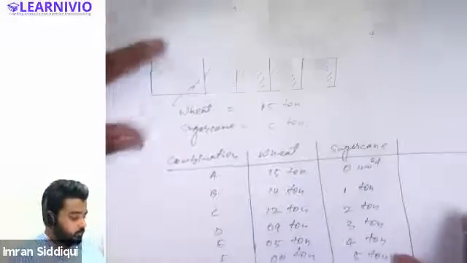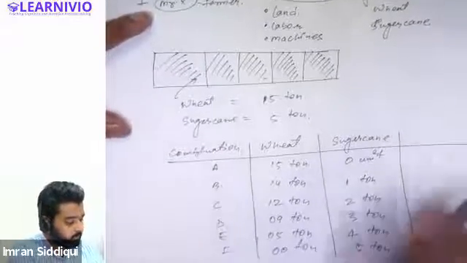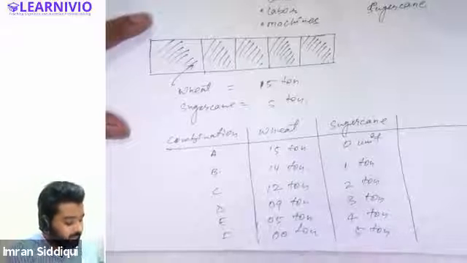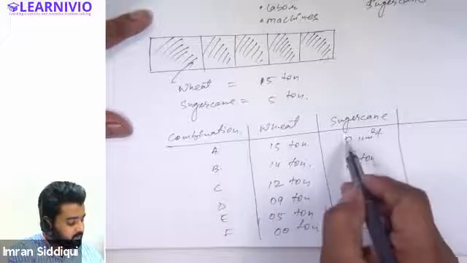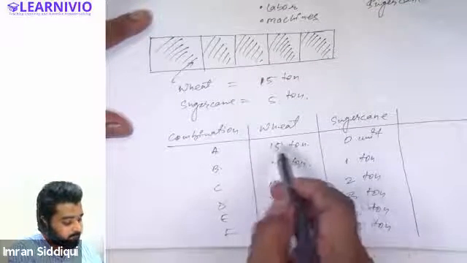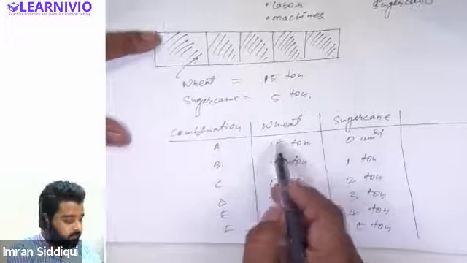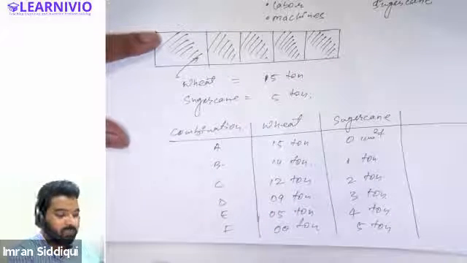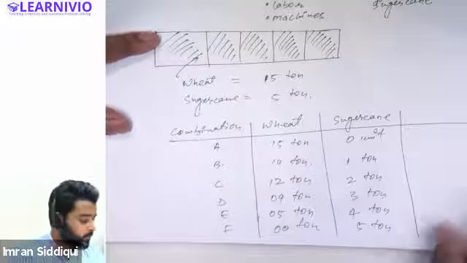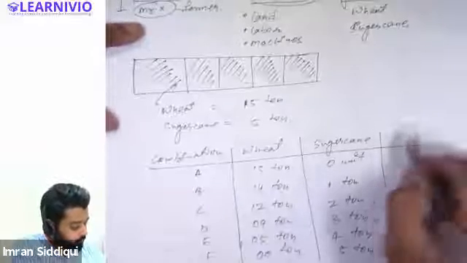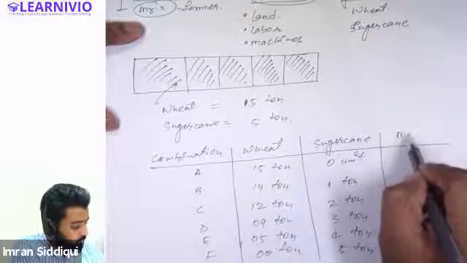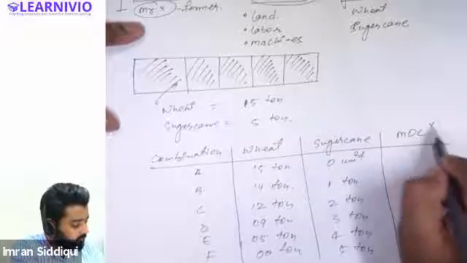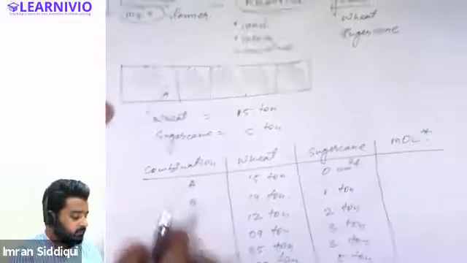One thing that you can clearly notice here is that the producer is increasing the production of one commodity, and for that purpose he has to sacrifice a certain number of units of the other commodity because he has limited resources. Okay, so there is one more column. This is called marginal opportunity cost. I will explain this later, but first of all, let us draw a diagram on the basis of this table.